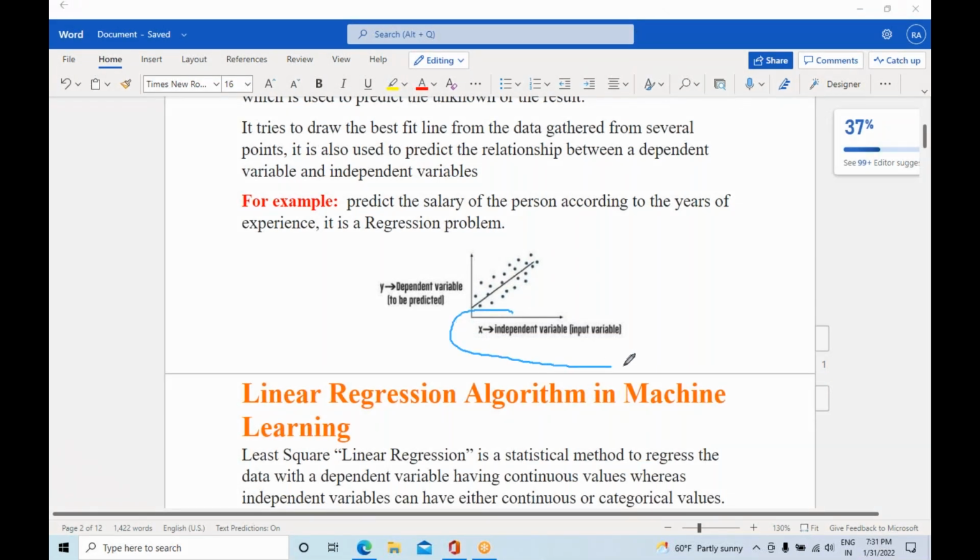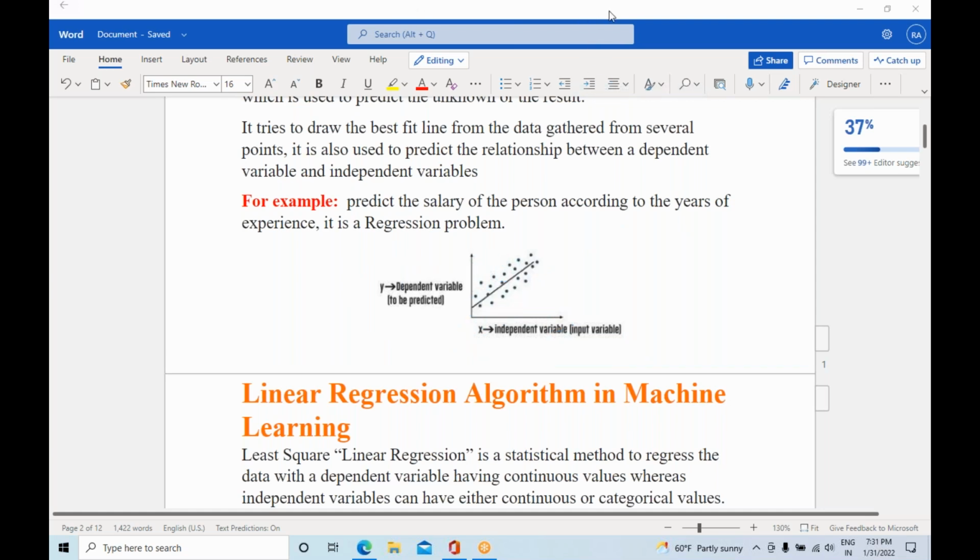See here, x is the independent variable, and y is the dependent variable. When we have two things, like a response variable and a features variable, you have to plot this input variable and output variable. You have some data points, so you have to predict the best fit line, the relationship between these two variables. For that, we can use the simple linear regression algorithm. That's what you should understand here.